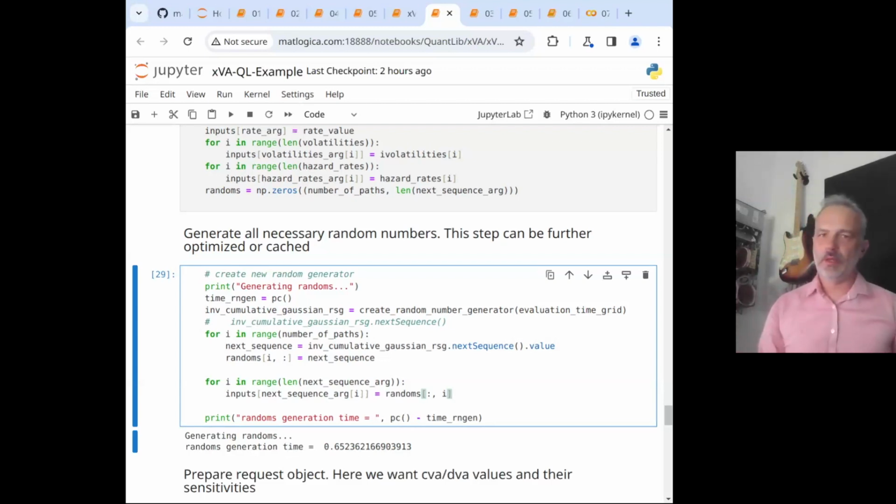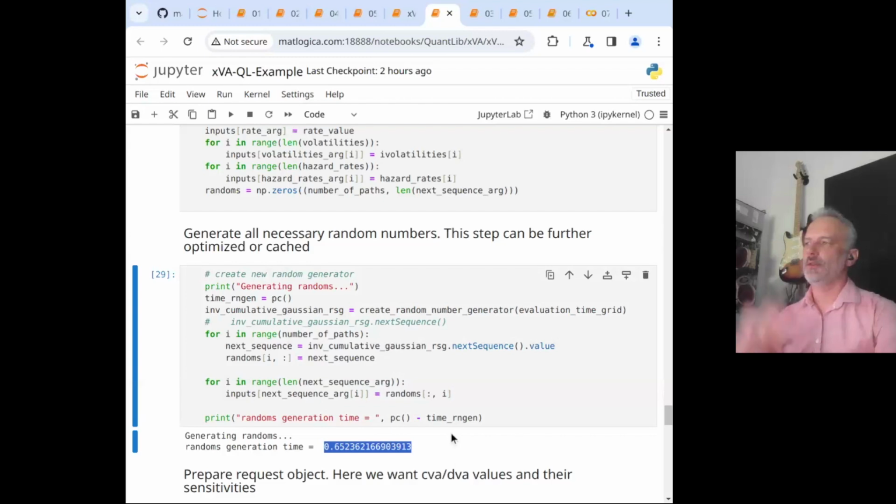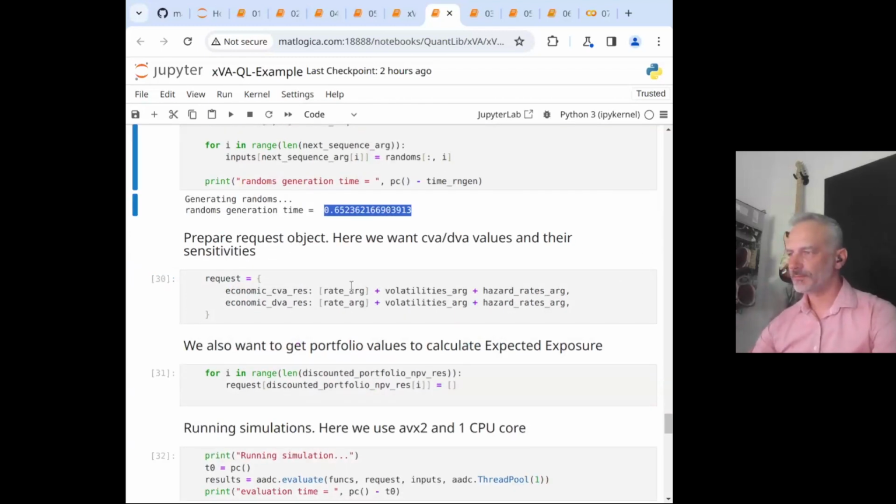This problem is well understood. You have wonderful solutions of Sobol generators or the MKL library to do that. So we put this outside of the scope of our acceleration. And if you consider live risk, I think it's reasonable because you can pre-generate random numbers and store them in memory. And this is what we do here. So we spent about 0.6 seconds on generating random numbers.